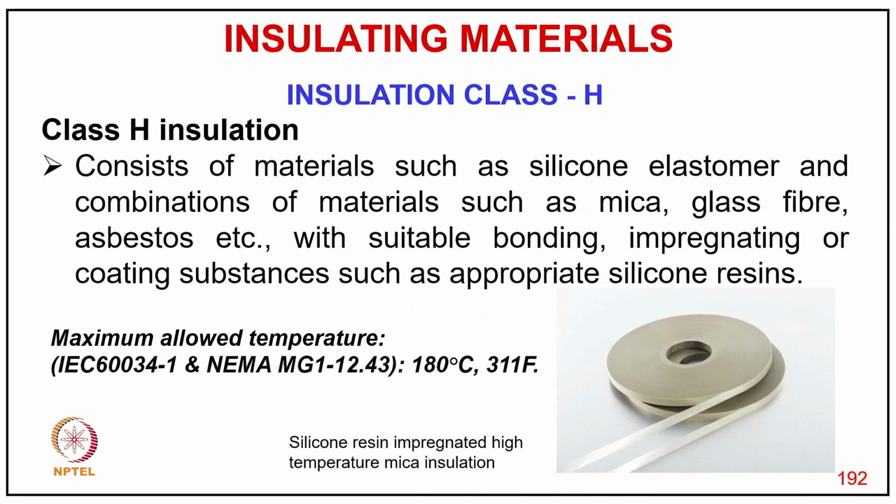So class H insulation consists of materials such as silicone elastomer, and combinations of materials such as mica, glass fiber, asbestos with suitable bonding, pigmented or coating substances such as appropriate silicone resin, with maximum withstand temperature capability of 180 degrees Celsius or 300 Fahrenheit, and silicone resin impregnated with high temperature mica insulation, as you can see in the